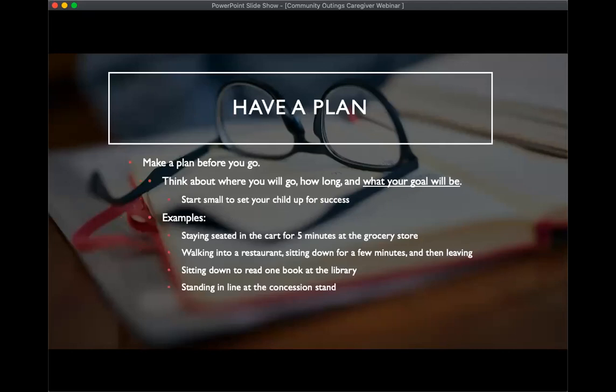Okay, so also before the outing, it's really important to have a plan. So you want to make a plan before the outing. You can ask yourself things like, what is your goal? Are you working on going to a new place? Are you tolerating a different routine? Let's say you're going into the same store, but maybe you're walking through a different entrance of the store, or maybe your child is used to sitting in the cart at the grocery store and you're going to try to have them not sit in the cart. Are you working to reduce challenging behavior in a familiar place? And what you want to work on will change your plan.